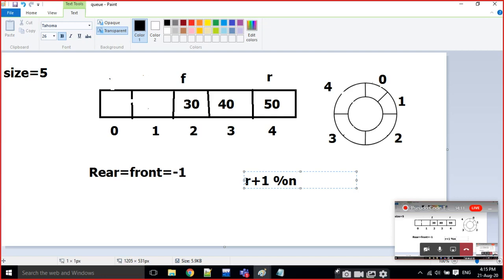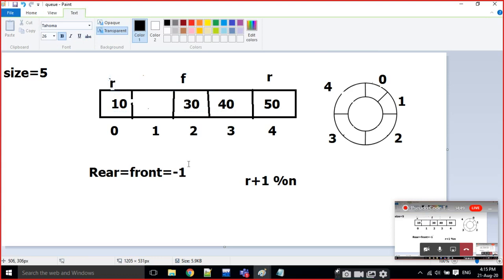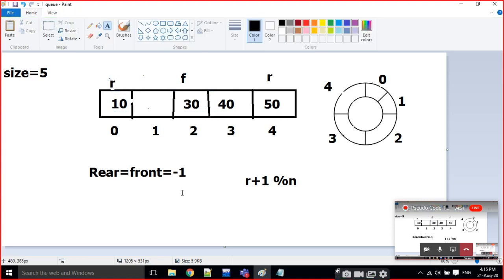What is r plus 1? 4 plus 1 is 5, and 5 mod 5 is equal to 0 here. Okay, 0. For example, rear is at this position. Now I am going to add one more value. Again I check 0 plus 1, and 1 mod 5 is 1.